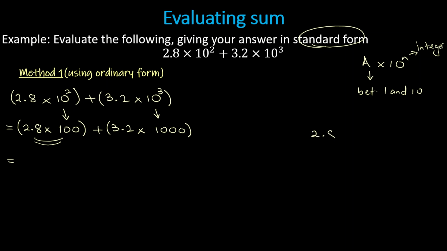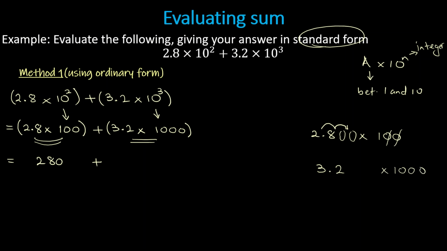So 2.8 times 100. We include some zeros, then we move the decimal to the right by 2 decimal places, 1, 2. So it's 280, plus the second one, 3.2